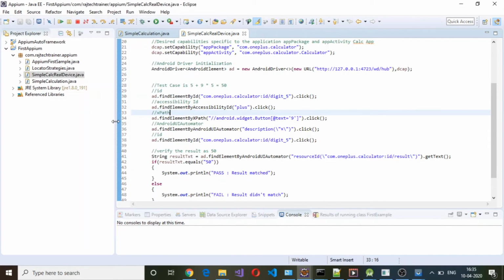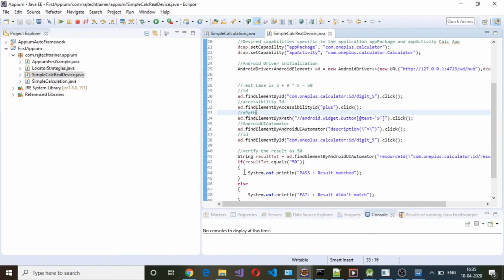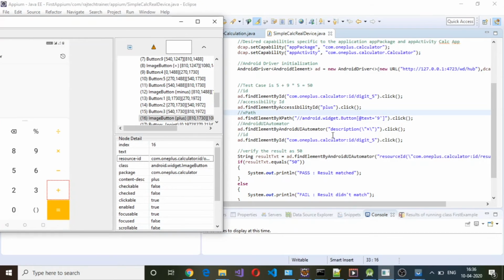Let me push this further so that it is visible. Plus is here, and 9. For 9 again, this is the class name Android widget button, and the text is 9 here.